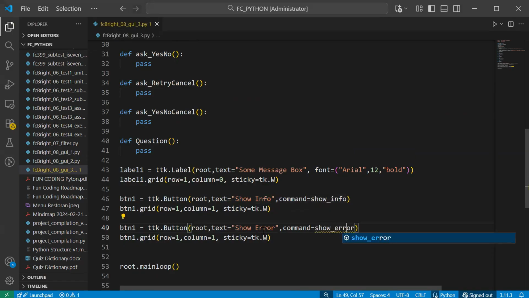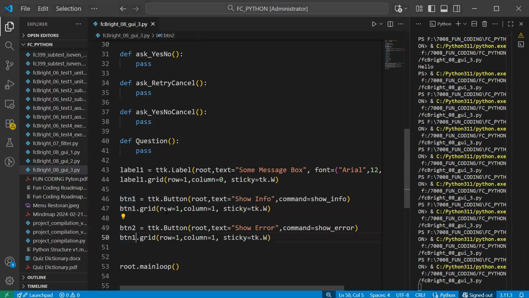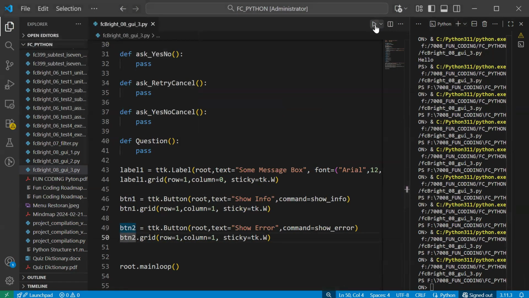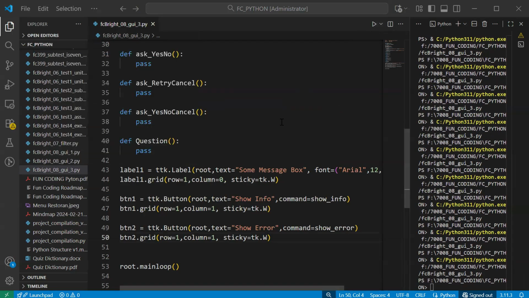Only that. Once again, I run, and then I have this. Oh, but where's the show? Oh, yeah. This should be button 2. Okay, we run that again. Okay, we have this. Oh, this should be different. Cannot be overlap, yeah. This is column 1. That one is column 1.